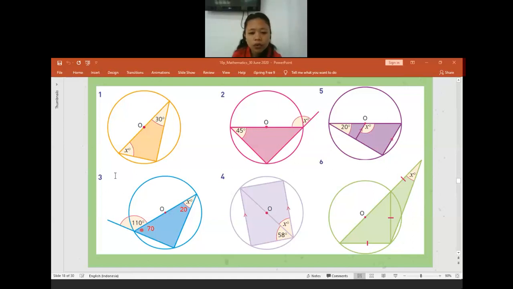Okay, let us continue to question 4. For question 4, anyone want to help me? How many degrees is angle x? As you can see, these lines are parallel. When it is like this Z shape, like the letter Z, it means an alternate angle. The angle x will be equal to this part. So how many degrees is angle x?